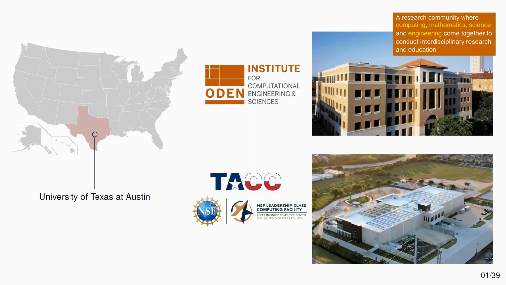So to do that kind of work, we actually use a facility that is called TACC, which stands for Texas Advanced Computing Center. So this actually was 25 years ago a small computing center at the university, like every university has. But then the people working there managed to really be successful with the National Science Foundation, attracting more and more grants to buy bigger machines. And today this has become the flagship institution in terms of supercomputing for the National Science Foundation.